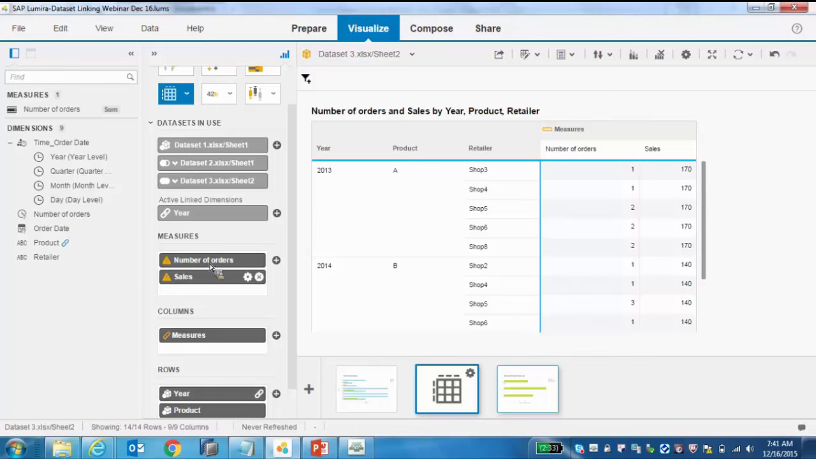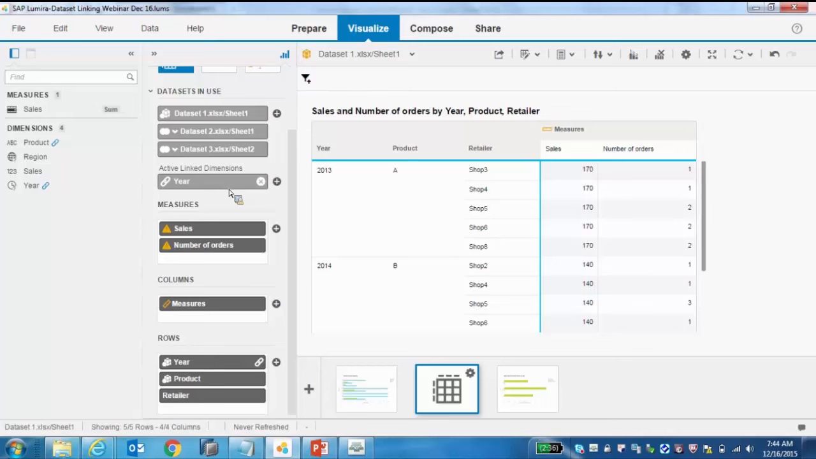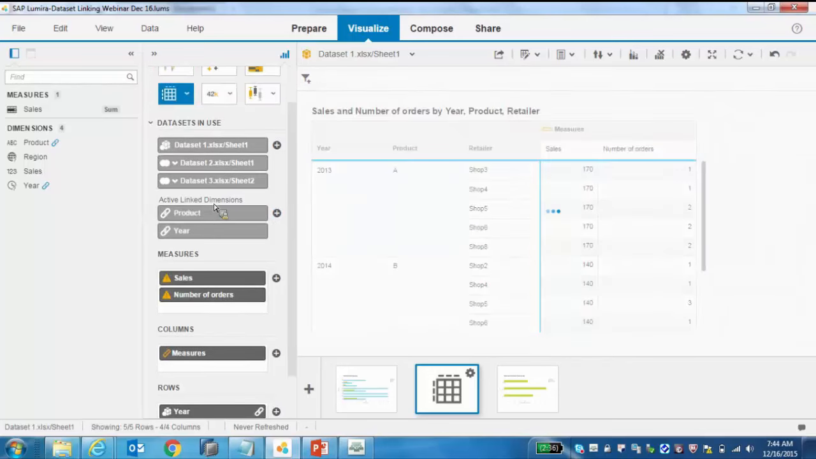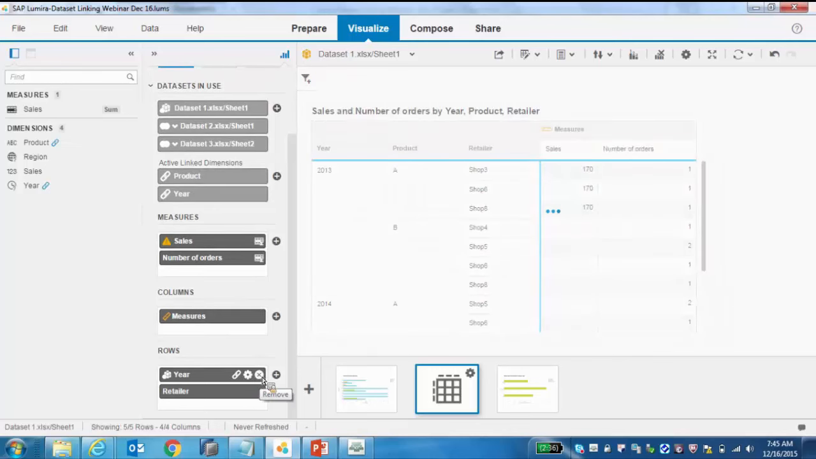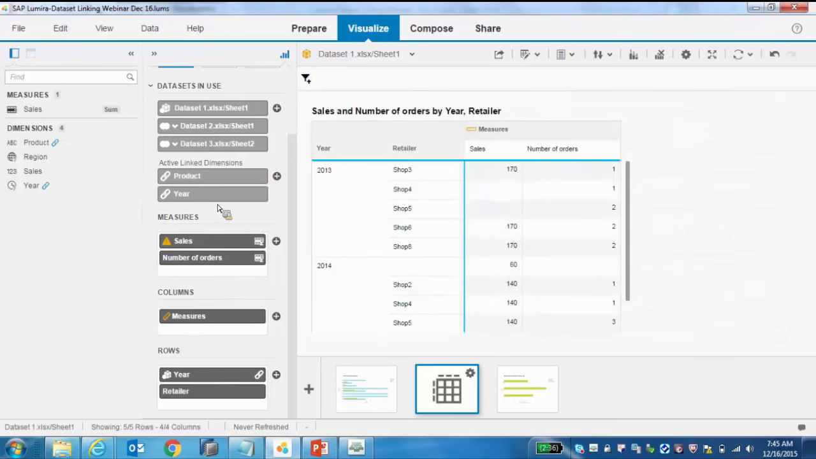what you will see is that if what you are linking on is not the same level that you have in your viz, then, actually, I realize now I should be linking on product. Here we go. So I'm linking on year and product between dataset 1 and dataset 3 to show those two numbers,